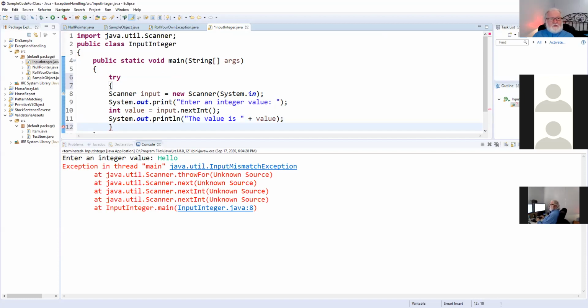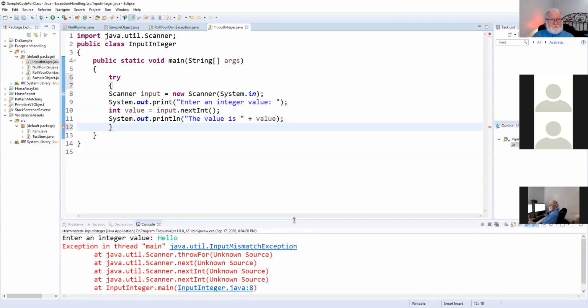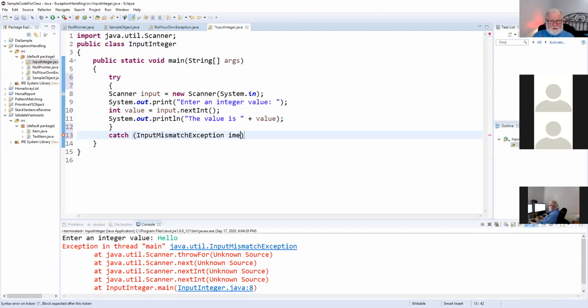Okay, so I'm going to try to do that. And obviously something can go wrong, and that is an input mismatch exception. So at the end of the try, I'm going to put a catch. Again, I could just put exception, but that's kind of lazy, so we're going to put exactly which exception it is: InputMismatchException. I will call that one IME. And if I get that,